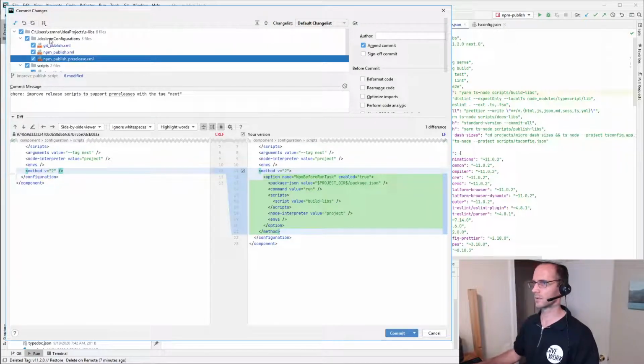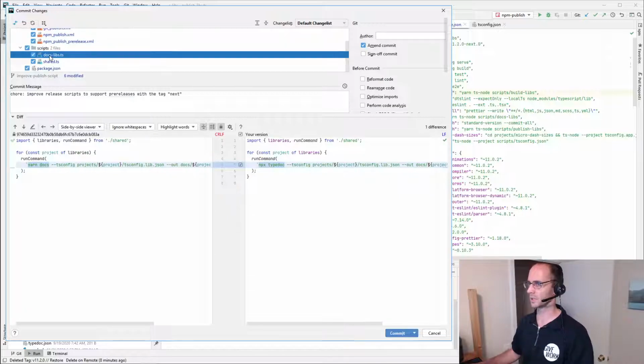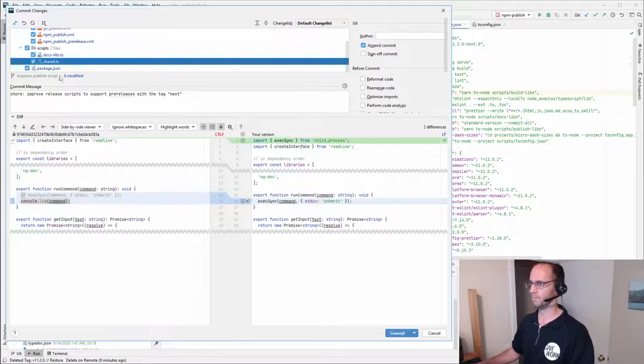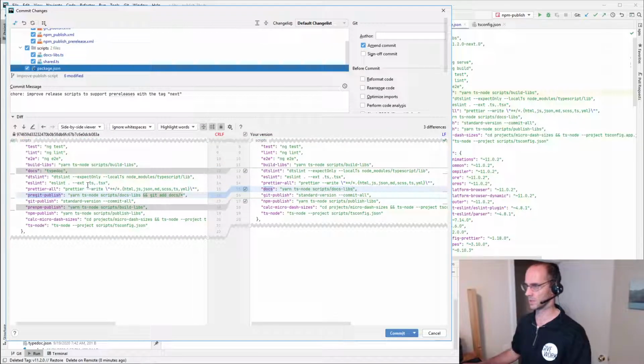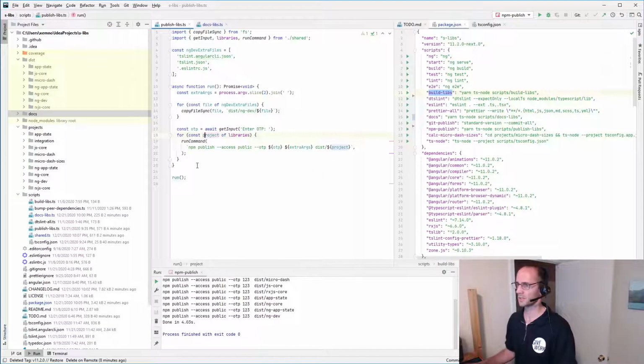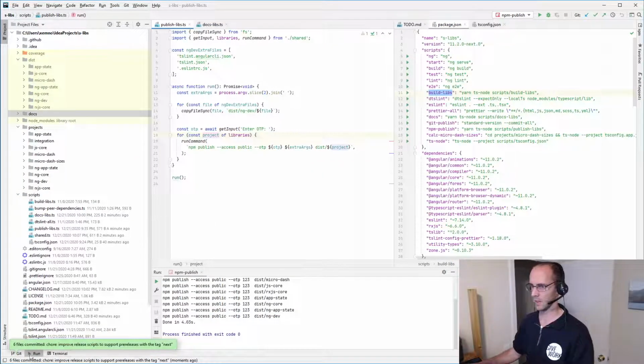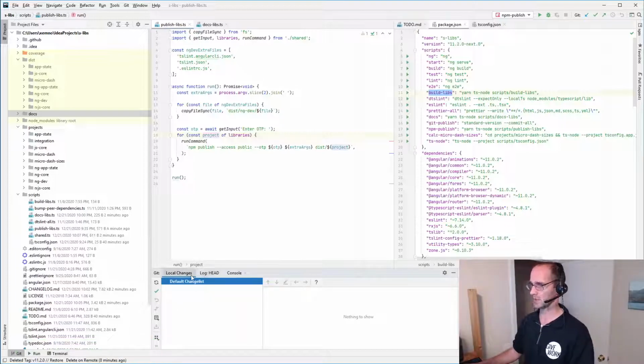So we kind of refactored a bit the way we do pre-hooks. That's putting it back to the way it is in master. Yeah, I like that. So let's commit that,